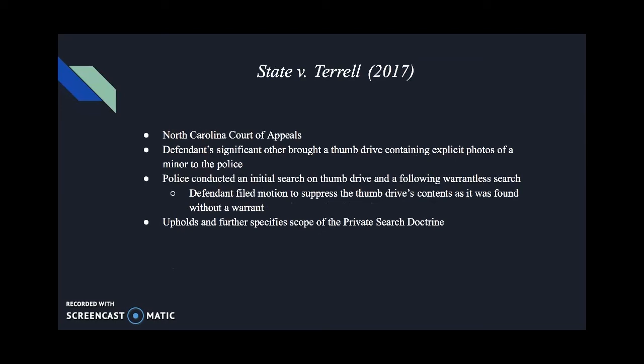State v. Terrell is another case regarding the Fourth Amendment, in particular the private search doctrine. The case begins with defendant Terrell's significant other bringing a thumb drive containing a sexually explicit photo of a minor to the police. The police, under the Fourth Amendment, conducted a routine preliminary search to determine the validity of the claim. However, the next day, the police conducted a follow-up search on the thumb drive and found far more incriminating